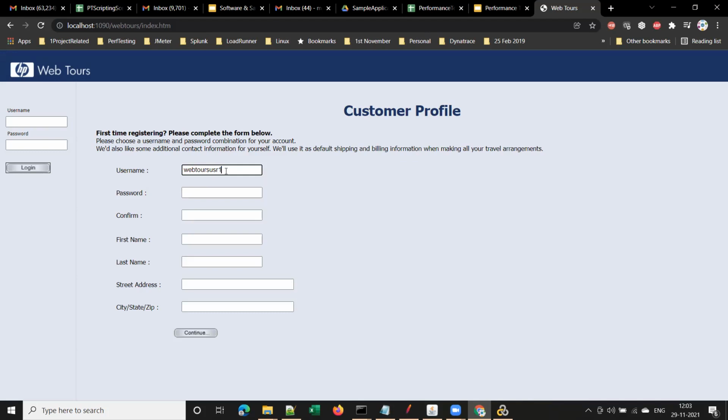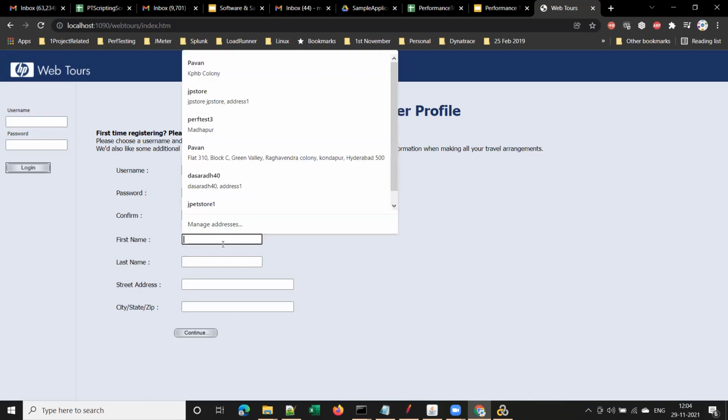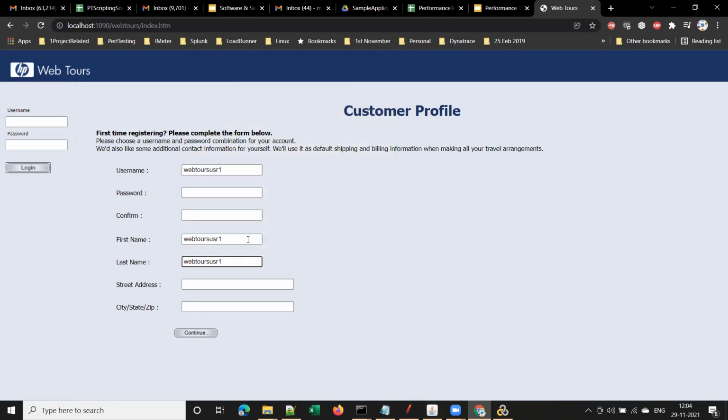But in real-time applications, a number in the username will be accepted, but if you have a number in the first name and last name, it won't accept. Yes or no? Okay, guys, able to follow?